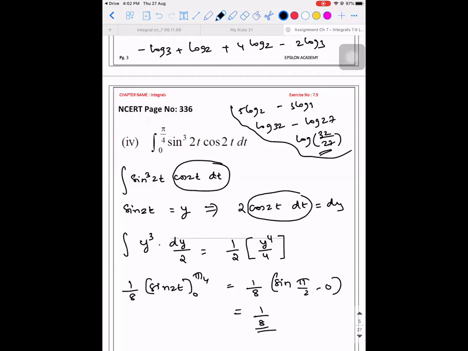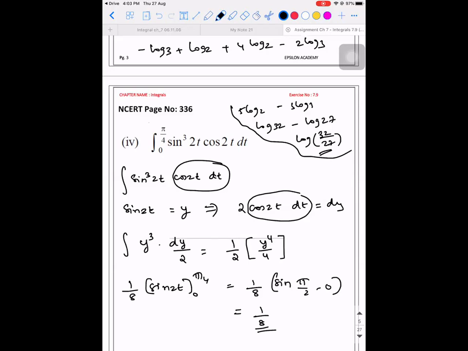So are you guys comfortable with the basic integration? I mean, like this definite integral application. First, you need to do the basic differentiation, and then what are we doing? We are substituting the limits. Sir, because you substituted a value for y, sine 2t is equal to y, will the limits not change? Now, here I'm not using this thing. I was about to explain that only.